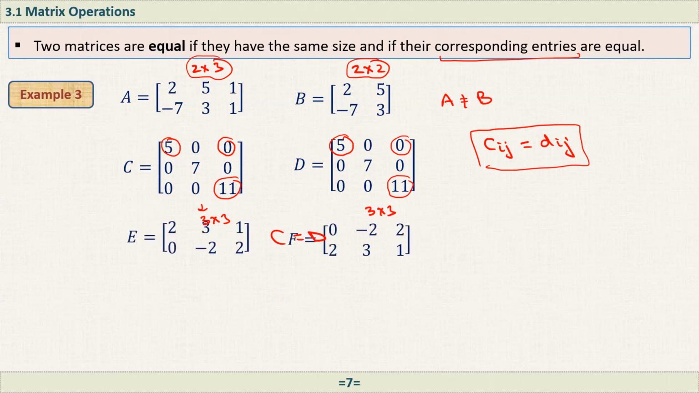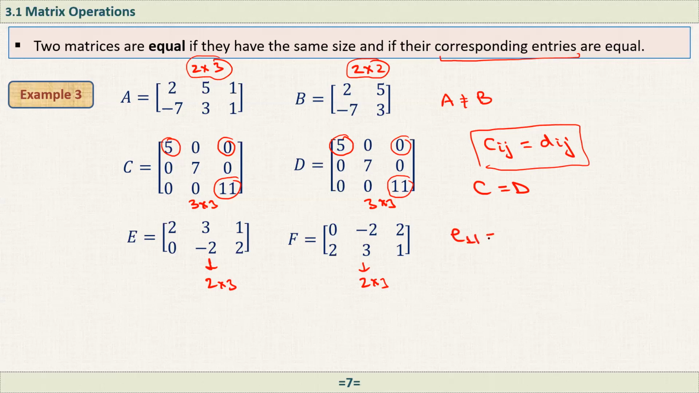All right, another one. Okay, I think I can just write them here, 3 by 3, 3 by 3. So matrix C is equal to matrix D. And how about E and F? As you see here, this one is a 2 by 3 matrix. And how about this one? A 2 by 3 matrix, right? And how about corresponding entries? For example, let's say